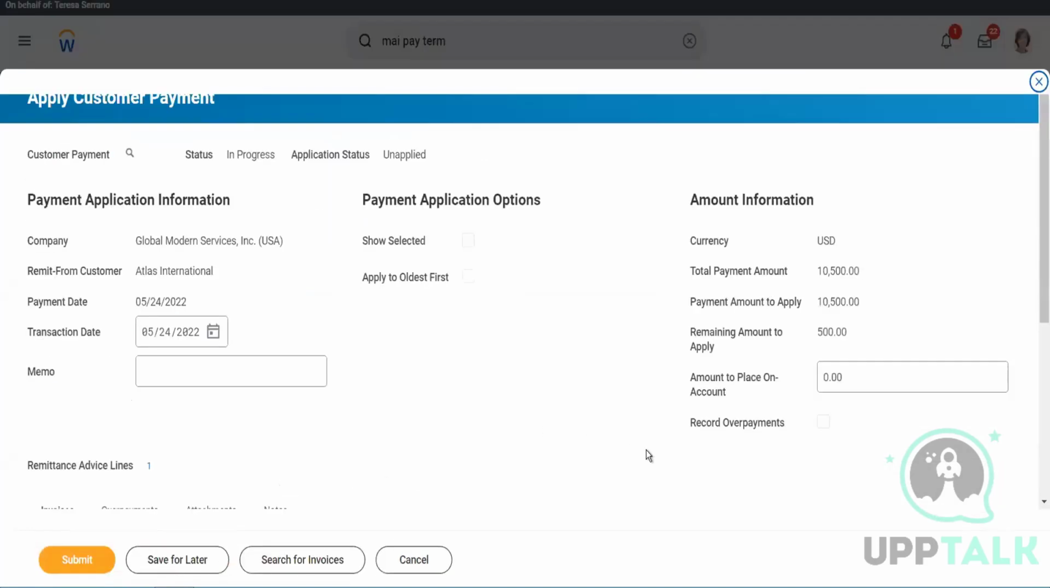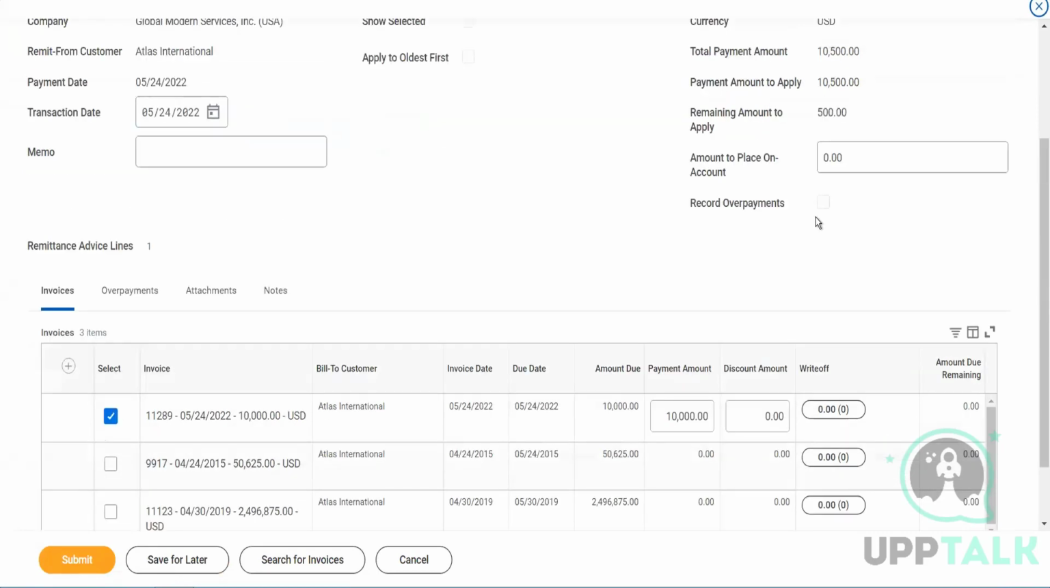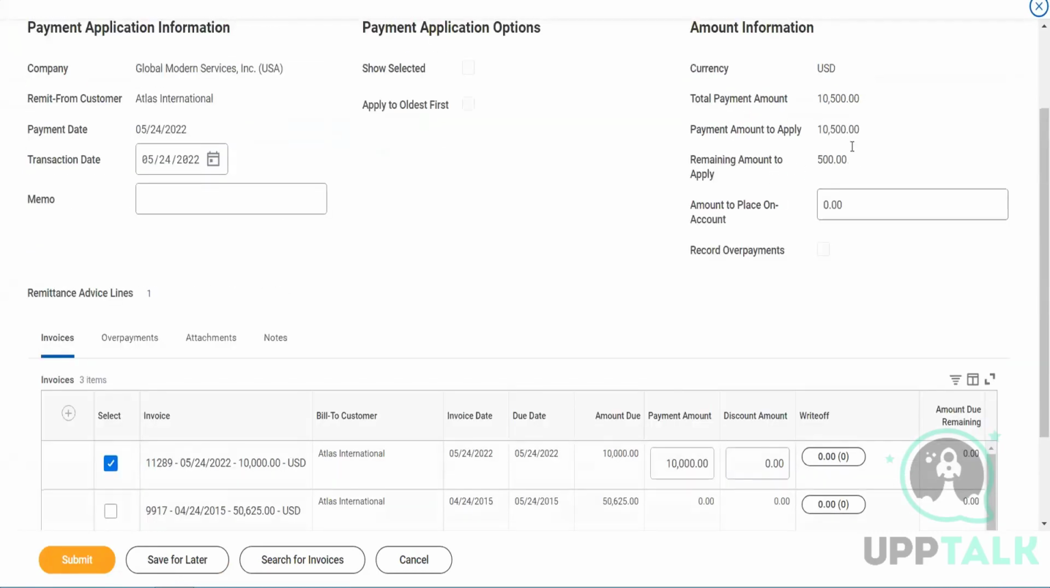Now the system will tell you that there's an extra $500 remaining amount to apply, because the invoice is for 10,000 only, but you got the check for 10,500. So there is $500 extra. Okay, so what do you want to do? So you can say I'm putting it on account. So if I submit here,